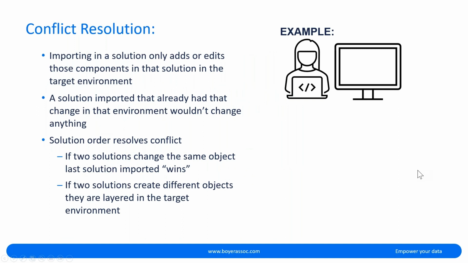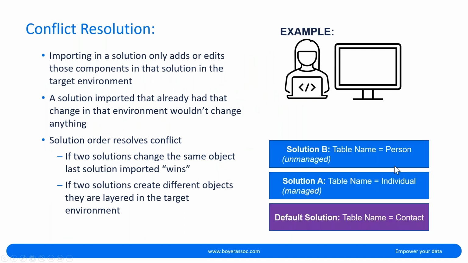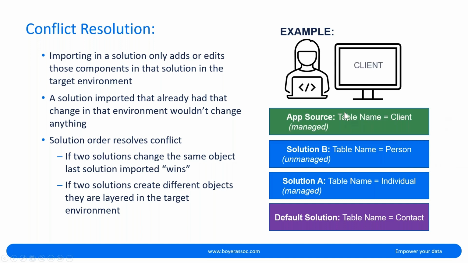Conflict resolution, again, the way that solutions truly show up and what it looks like is, if you have managed solutions and you're pushing managed solutions, that managed solution would be the top layer. But if someone for some reason makes an unmanaged layer onto the solution, that unmanaged layer sort of stays on top. So that's why you truly don't want to make any direct changes into production. You always want to push those through managed solutions from your development environment to your production environment.